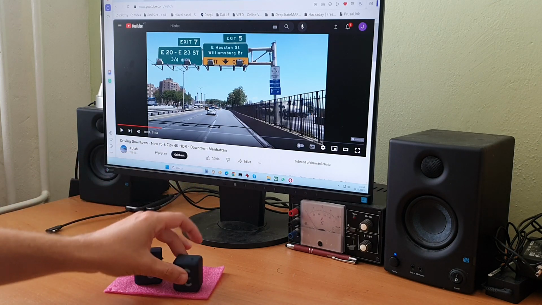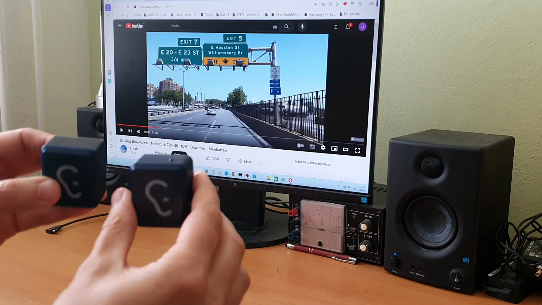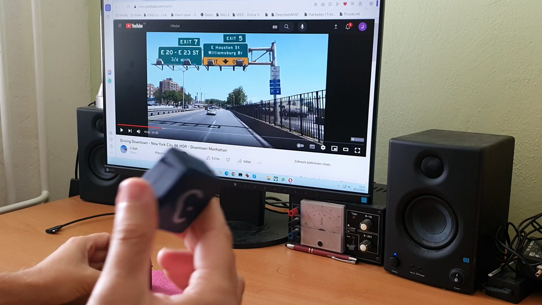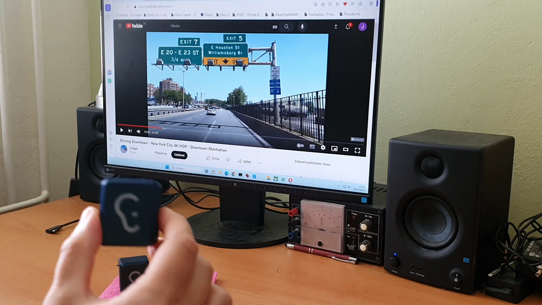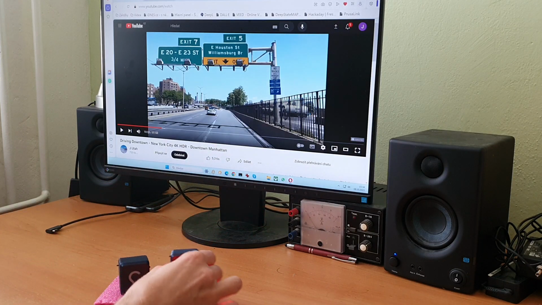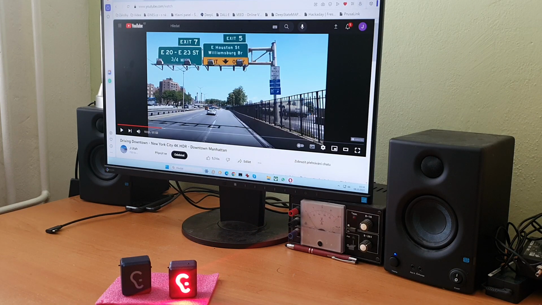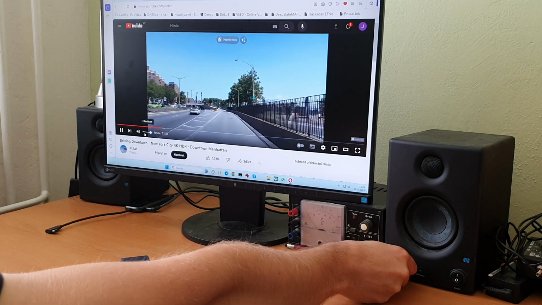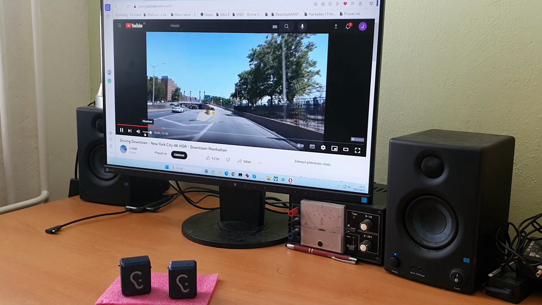So okay, I have two sensors here. One is a newer version with a solar panel, and the second is the older one without a solar panel. I switch it on, it turns the LED on for a moment, and I prepared a few videos here. A typical video from the car driver's view on the road. So I put the volume a little bit higher,